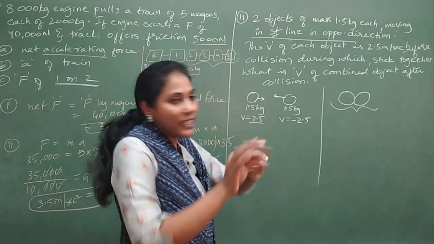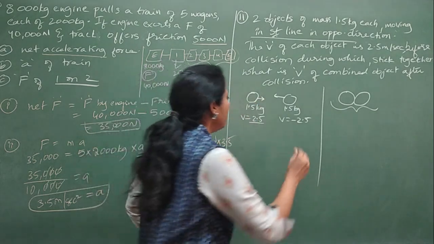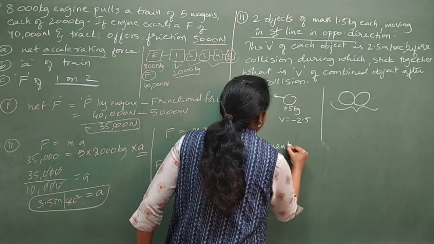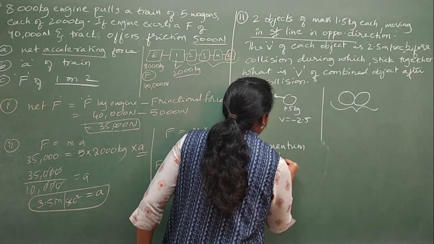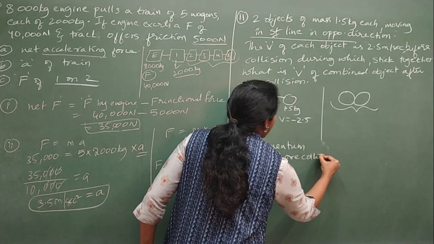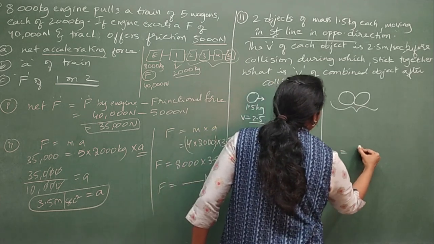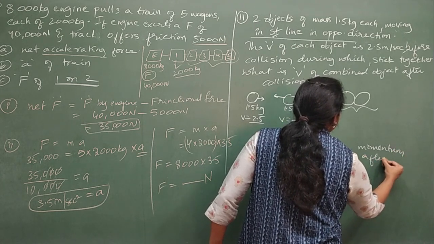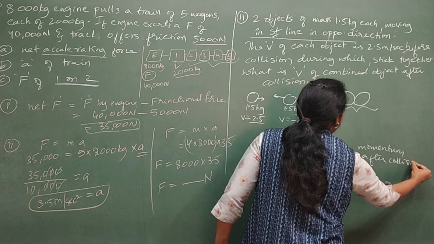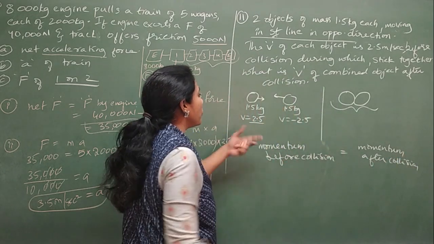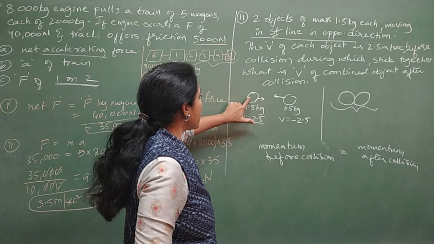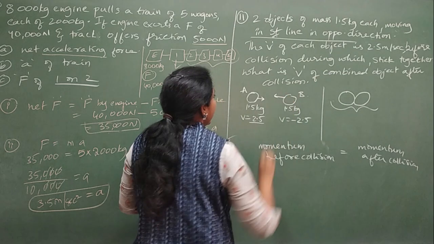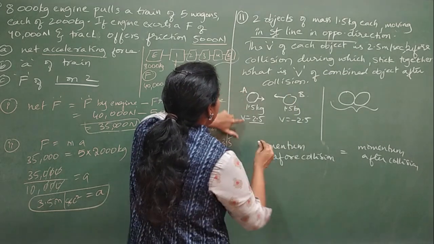Okay, so first we know according to conservation of momentum, you know what we studied? Momentum before collision remains equal to momentum after collision, isn't it? After collision. Okay, so let's see. Momentum before collision. Momentum of this fellow is how much? Okay, so momentum of this is object A, this is object B. Let me take. Okay, so what is the momentum of A? It is